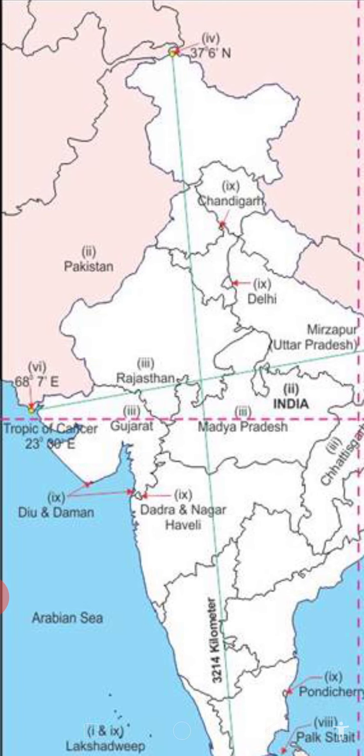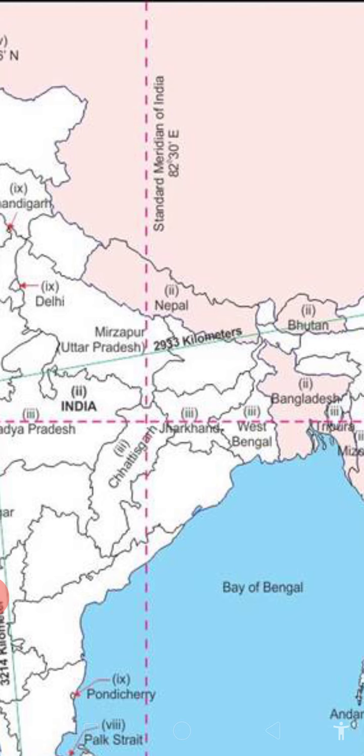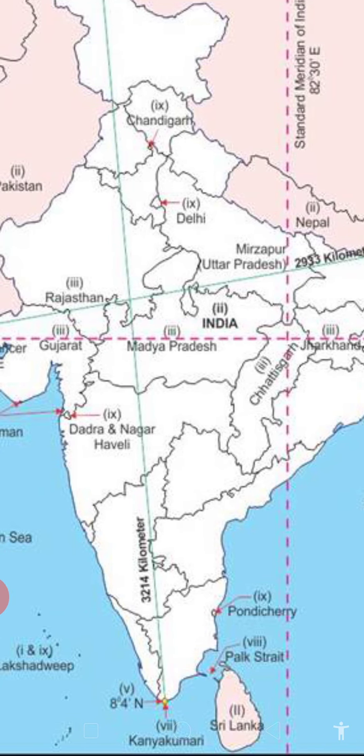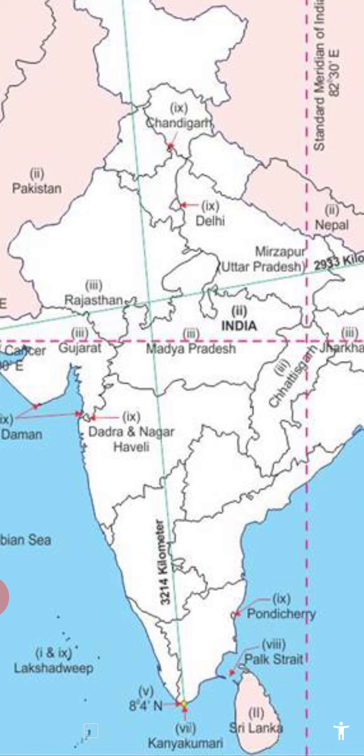Up here is Afghanistan; the name is not written here, but it is Afghanistan. Then comes Pakistan, then China, then down Nepal, then Bhutan. Where the Tropic of Cancer has been written, it is Myanmar or Burma. Then here Bangladesh, and then Sri Lanka. The Maldives are also there, but the name has not been written because it is very far down from the Lakshadweep Islands. The Maldives is our island neighboring country. So this is the map of India.